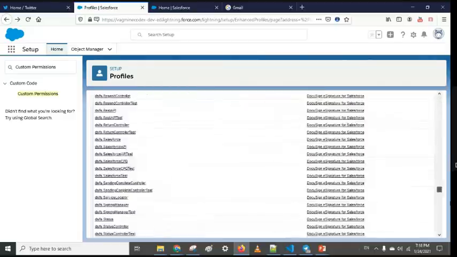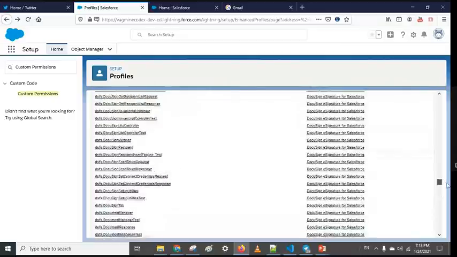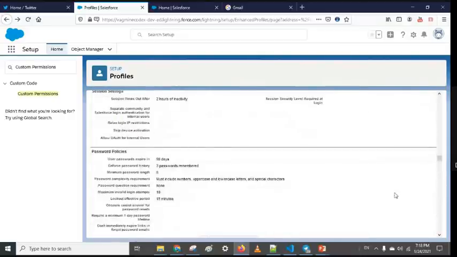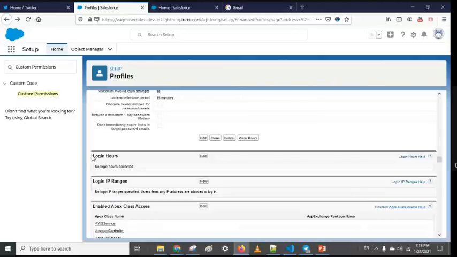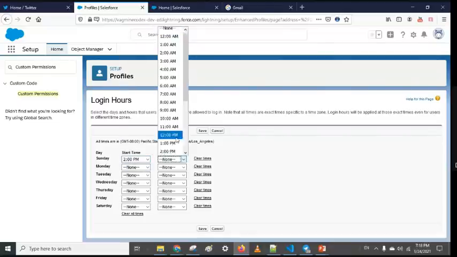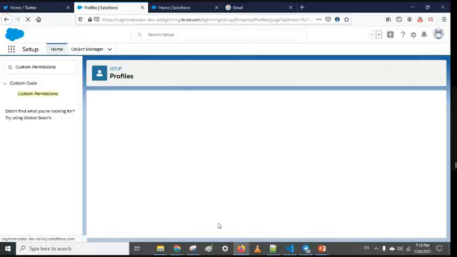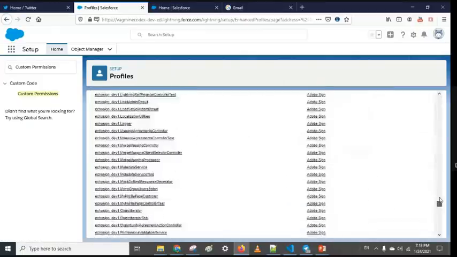Actually, I missed all those features. So again, these are the additional features we can give access to the user. First is login hours. Login hours basically tell that a particular profile user can only work within a particular time. Like we have a 9 to 6 shift, and on Sunday they can work from this to this time. They have this time restriction. So basically, the hours in which the user can work on that particular profile, that setting is login hours.